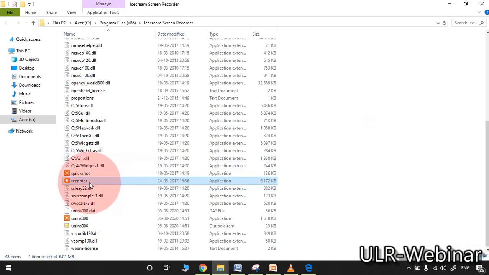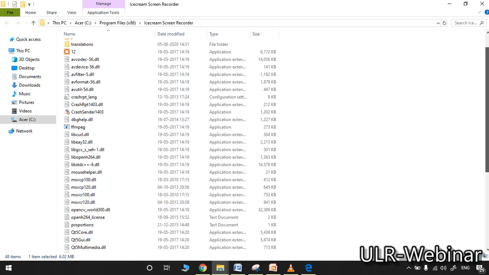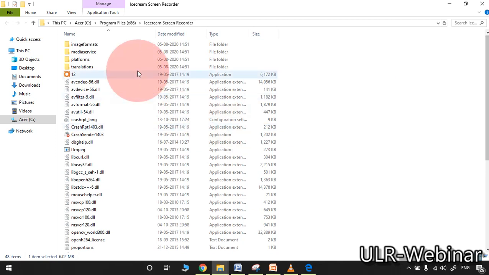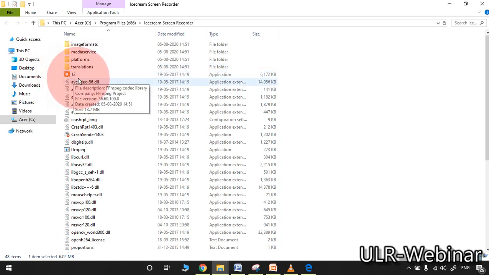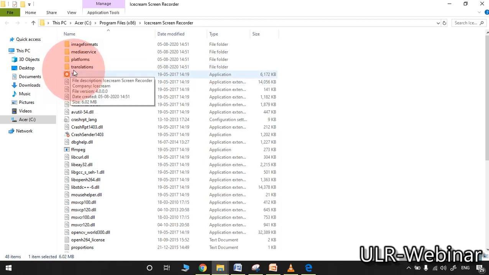The new recorder application will appear in this place for you. The original recorder application file you already modified, as you renamed it 1 2. Okay, both will appear in this open file location, no problem.